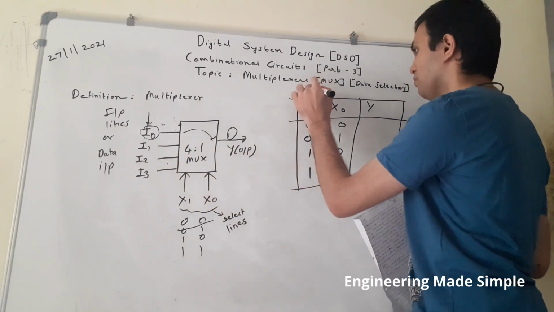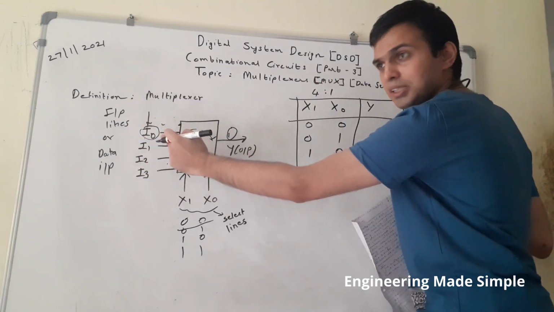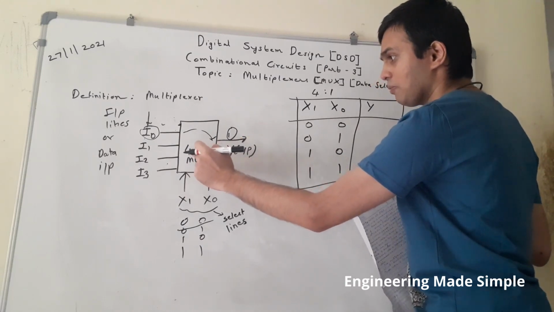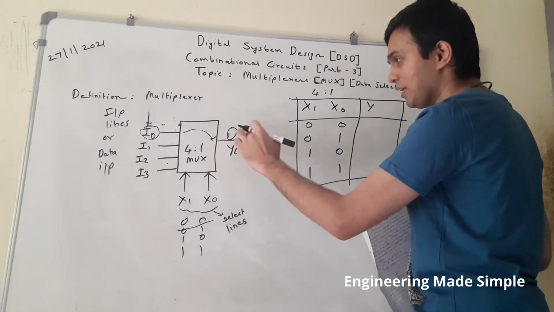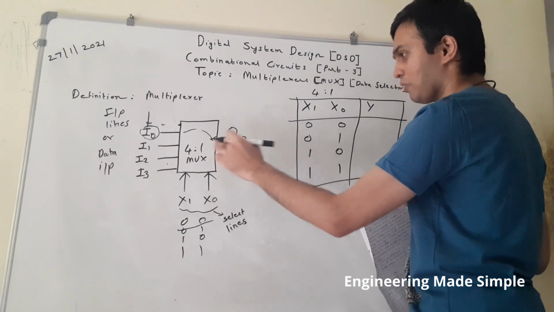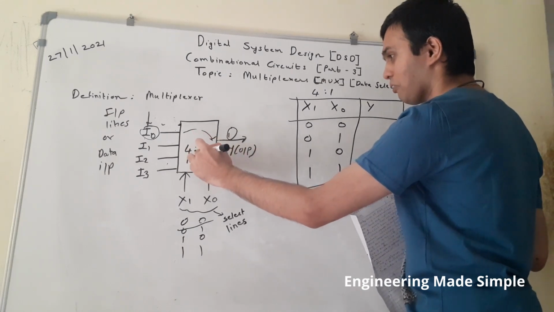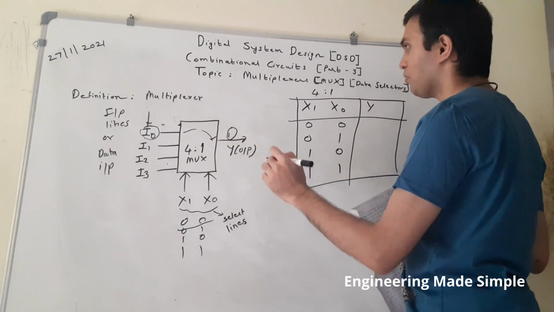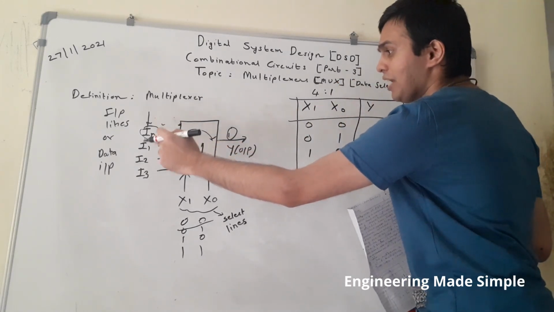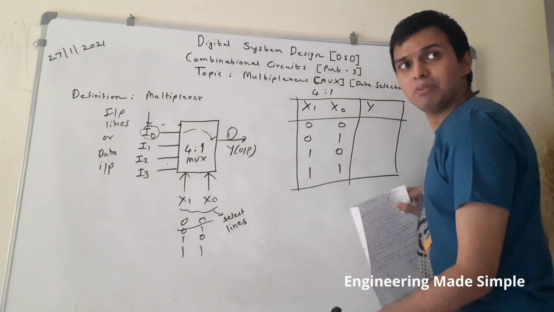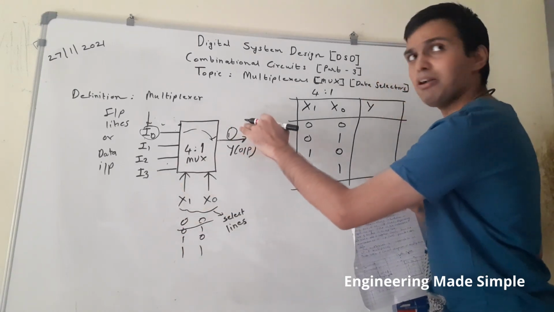Now since this is a 4:1 mux, why 4:1? Because there are four inputs and only one output. So depending upon the select logic, only one output is selected to be given out as the output. Whenever you have four inputs and only one output you want to select out of it, that's why it is known as 4:1, and that's why the circuit is known as a data selector, because I0, I1, I2, I3 are nothing but 4 bits of binary data, but depending upon the combination of select lines, only one output is selected.